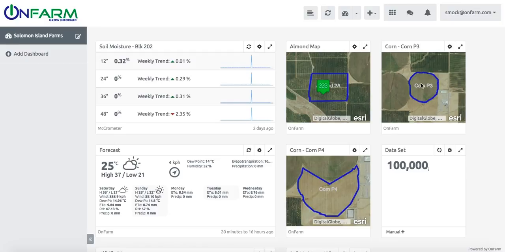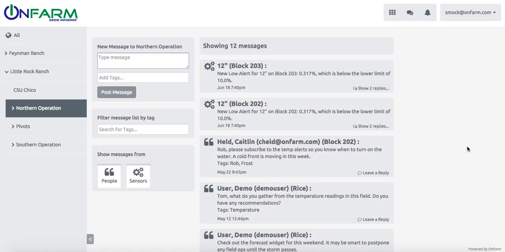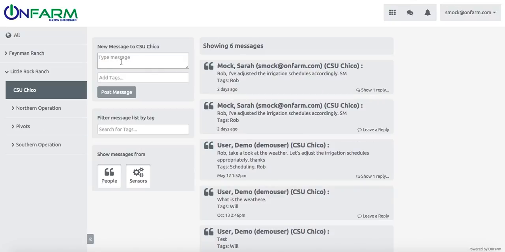So go to the Modules menu on the Command menu and select the Conversations module. The first thing that we need to do is select a location. Messages are always sorted by the location, so choosing a different location will affect the messages that you see. So if I choose the CSU Chico location,